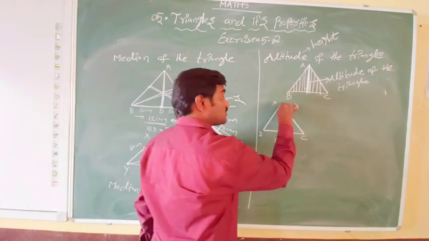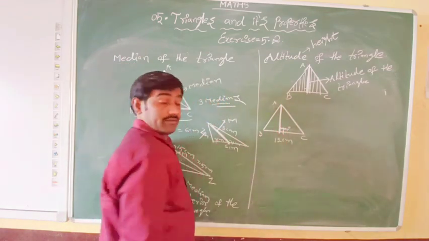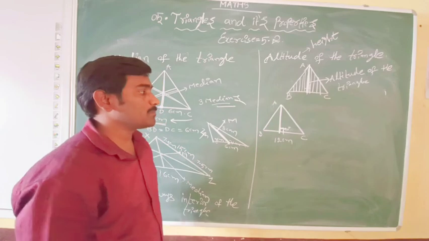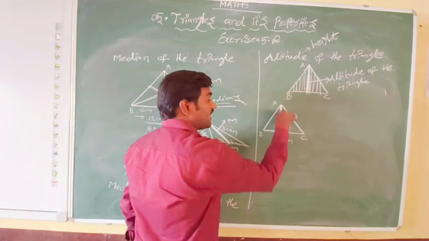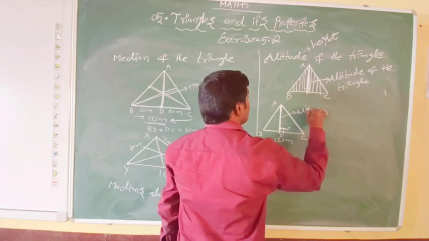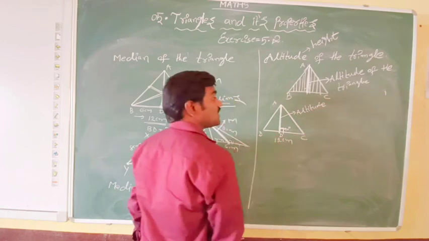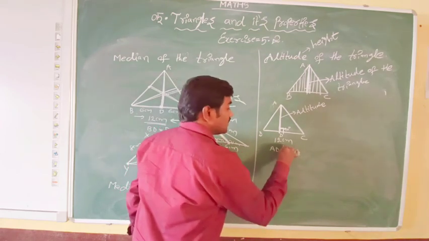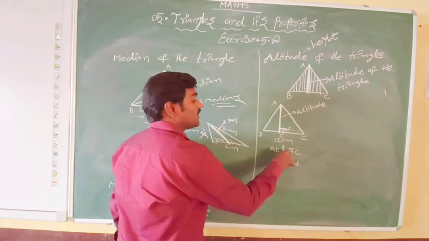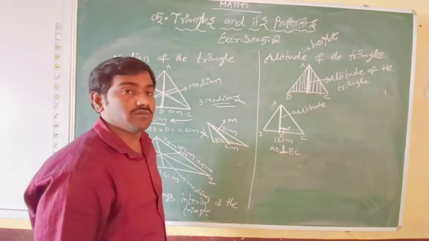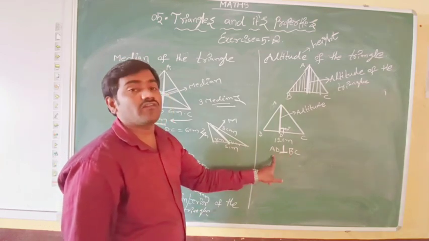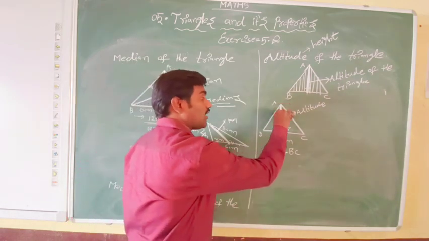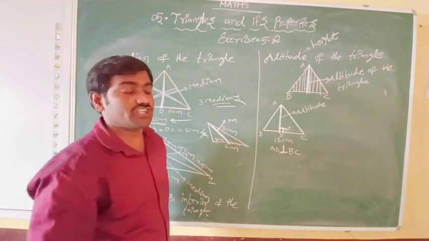But here, from the vertex to the opposite side, a perpendicular line is known as an altitude. See that, suppose this AD is known as the altitude of the triangle. Here AD is perpendicular to BC. This is called the perpendicular symbol. Note it, the reverse T is known as the perpendicular symbol, which indicates that these two sides are perpendicular to each other. Okay, then see that here AD is from the vertex to the opposite side, a perpendicular line, a straight line.